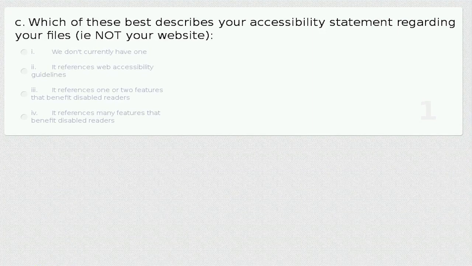So, have you got an accessibility statement? If so, what does it talk about? Does it talk about standards, or does it talk about actual features that benefit people?